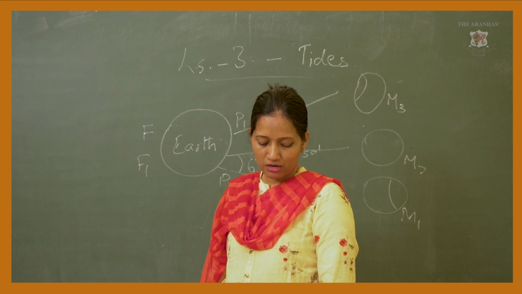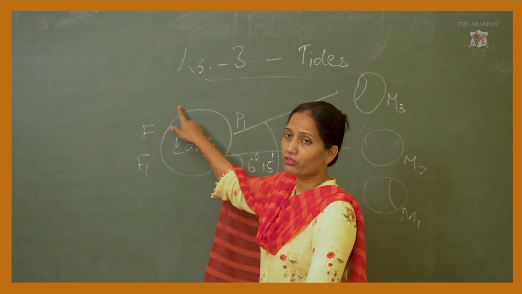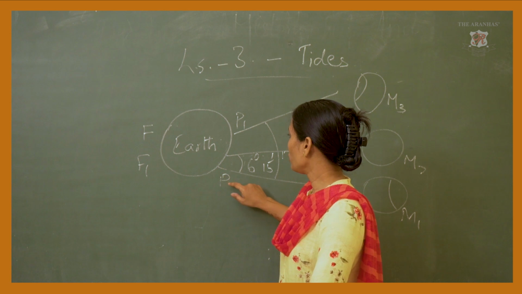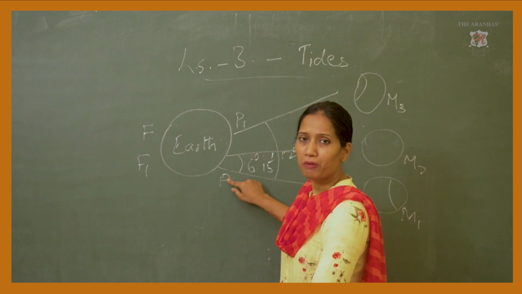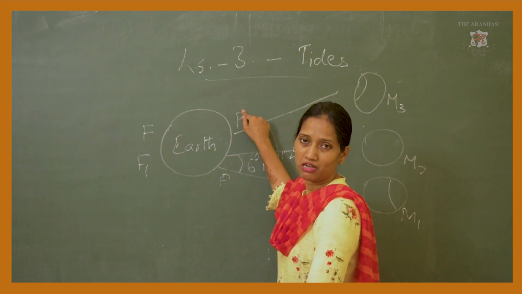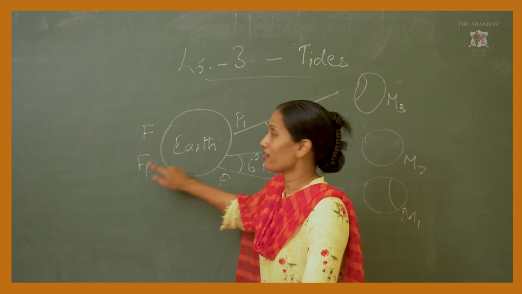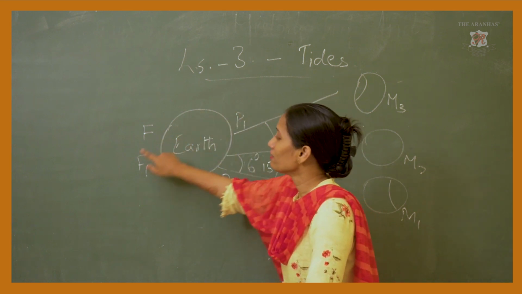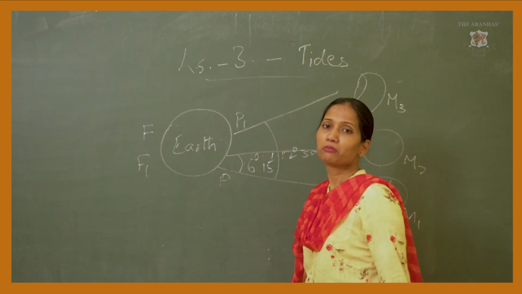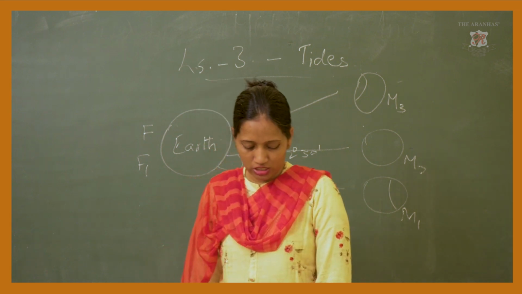Point P will be at point F after 12 hours. Now, when it comes after 24 hours, it will be P again. So when the earth is rotating, suppose the high tide has gone here, this will be P1. And if it is a low tide over here, then whichever part of the country is on the other side of the globe will experience low tide. That is exactly what it is trying to say.